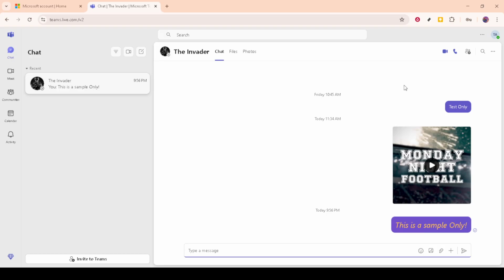Now, look at the upper part of the chat window. You'll notice a series of icons, but the one we need to focus on is the plus icon, which usually signifies adding or expanding options. Click on this icon to unveil a menu with additional features you can include in your chat. Among these options, you should find something labeled as Record Video Clip. This feature is what allows you to capture video of yourself directly within Microsoft Teams.